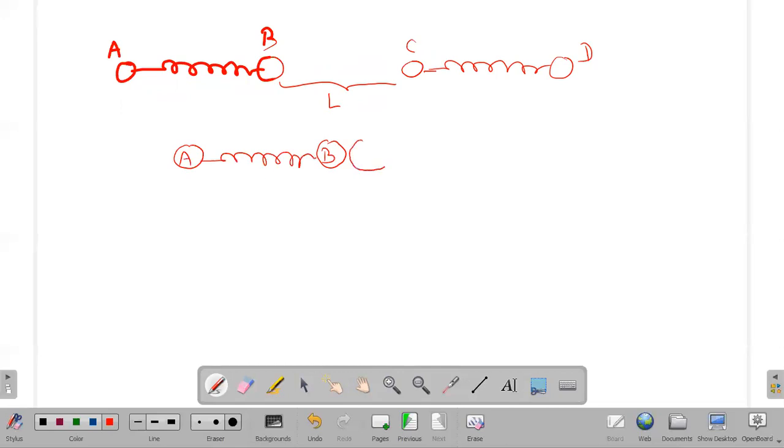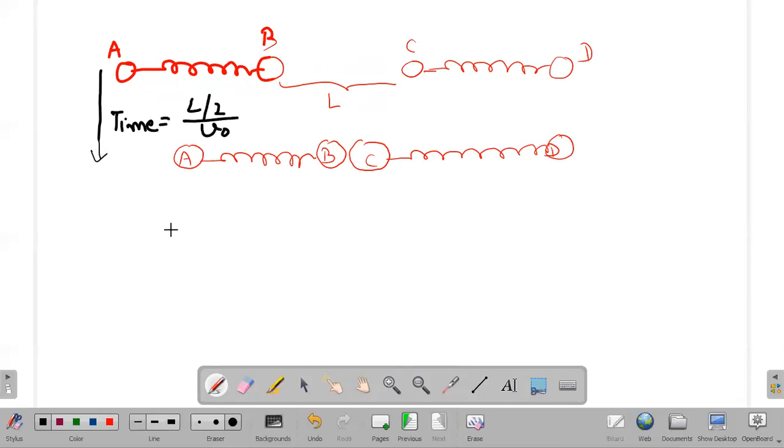They undergo the collision process, and this process takes a time from here to here. The time is L by 2 divided by V naught, right? This is the time from here to here. Then from this point,